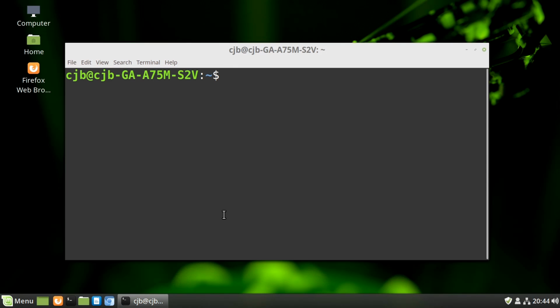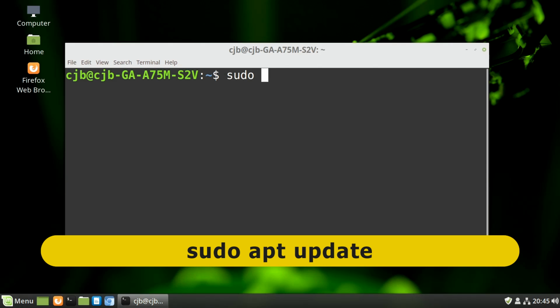Isn't that awful? My view is once you start using Linux, you have to do a little bit of work with a terminal now and then. So I want to do something in this video, use the terminal, and this is going to be it. And what we're going to do is to install some standard Windows fonts in what I think is the simplest way to do it. Now, the first thing we're going to do is to run a command called sudo apt